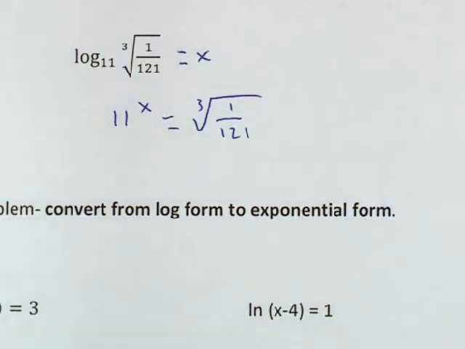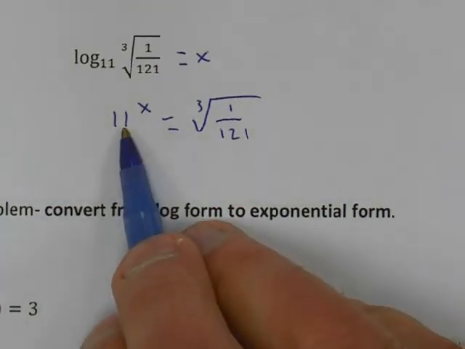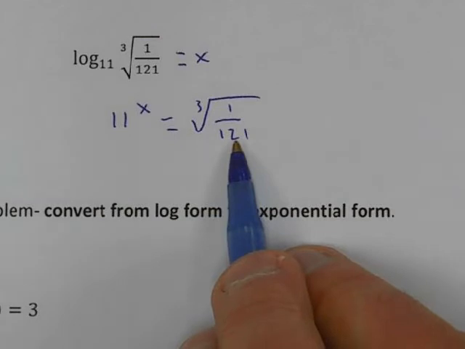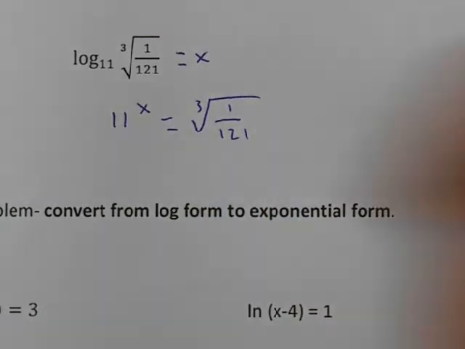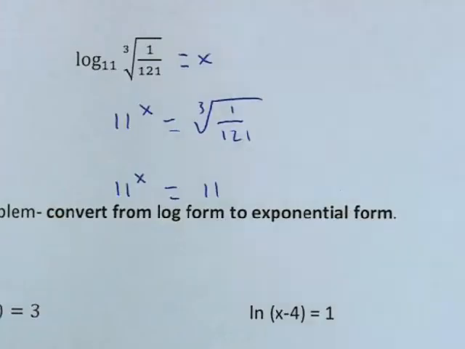All right, and then what's my common base going to be? Well, it's got to be 11 because I can't write this as something smaller to a power. And then, yeah, this is just 11 squared. So my common base is going to be 11. So then I get 11 to the x equals 11 raised to the, let's see, we've got a couple things